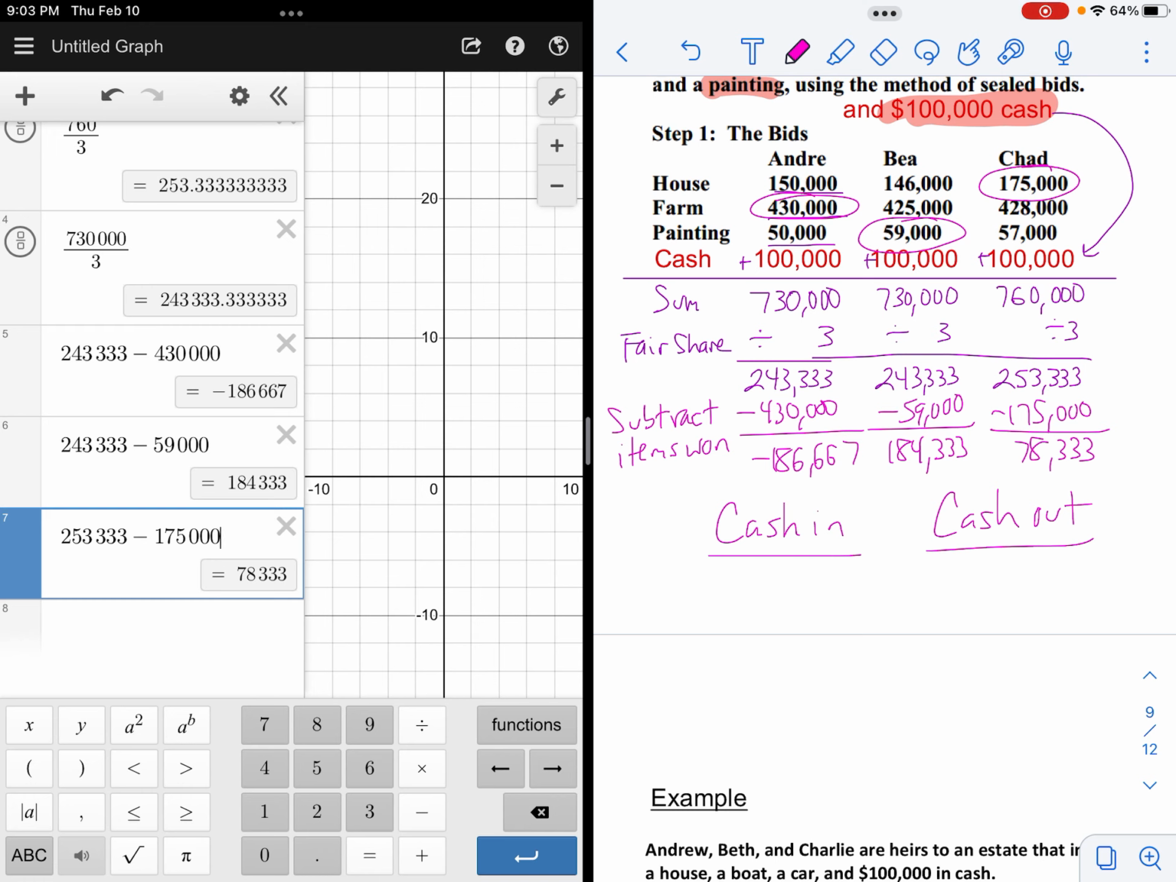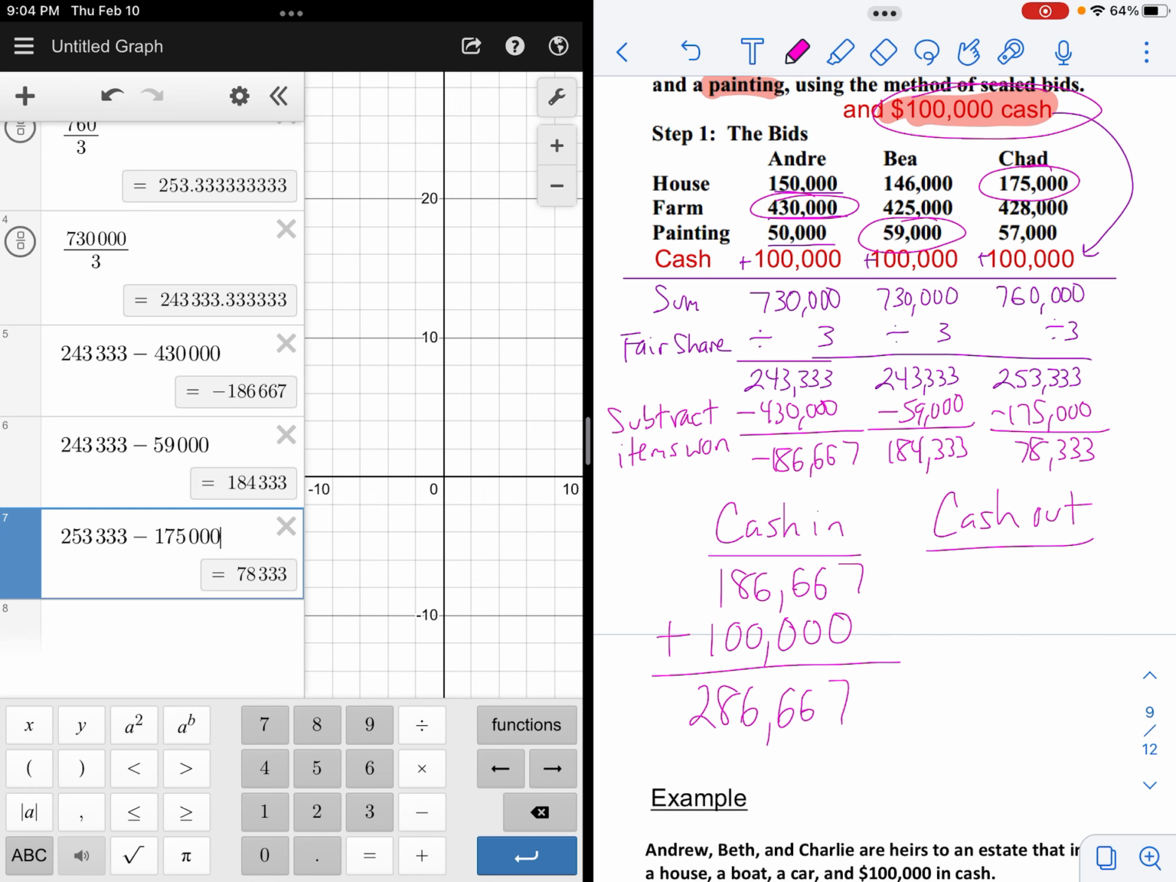So Andre owes 186,667. That's money that Andre is paying into the cash register because he owes it to the estate. Then it's going to get dispersed to B and Chad from the estate. There's also 100,000 cash in the estate. Remember that? That's what's different about this from the previous problem. If there's ever starting cash in the estate, that goes into the cash in. Okay? So there's $286,000 sitting in this cash register of the estate that needs to be dispersed to B and